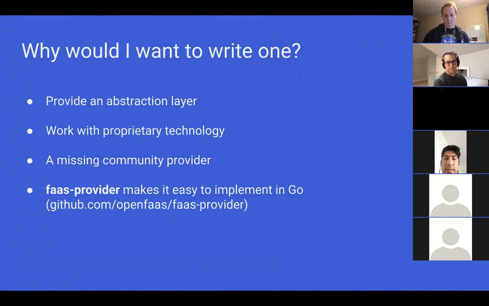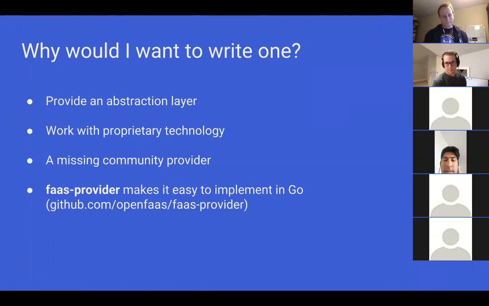But also, it provides you an abstraction layer to your technology stack. You have really fine-grained control of all of the handlers I just mentioned in the previous slide. You can connect with any number of other technologies in your stack. You just have a lot more control for all of the requests that are coming in to the gateway.